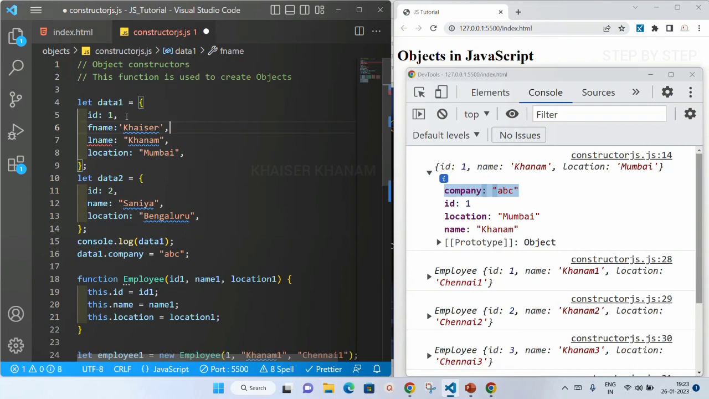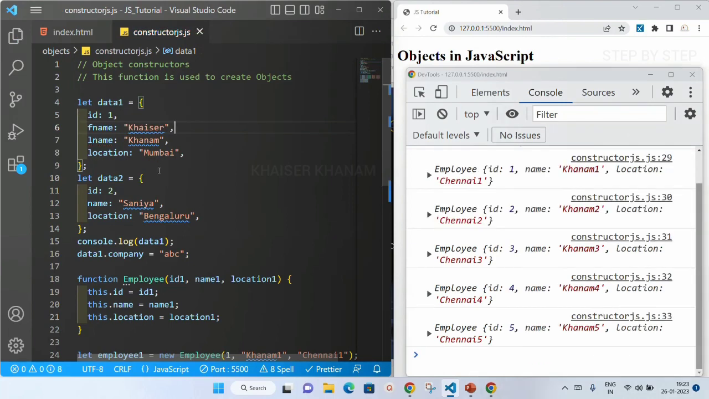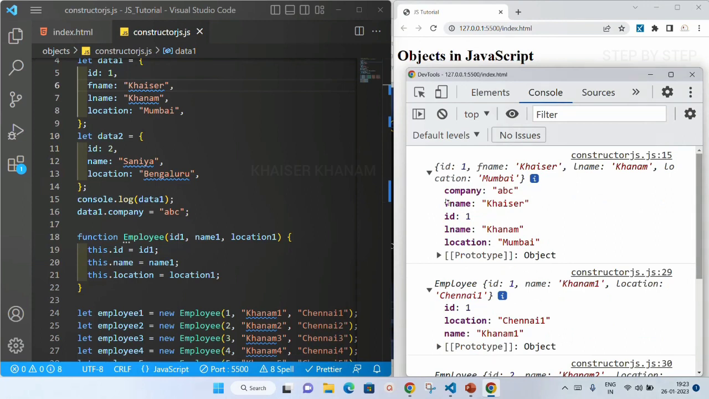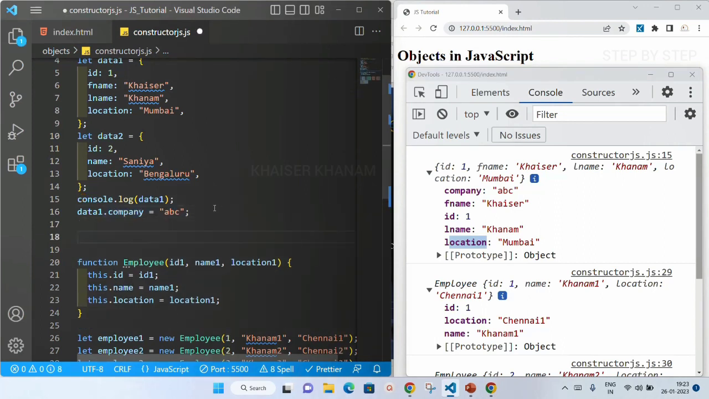I will give my name. I will save this. I am having first name, last name, ID, company and location. I have added one property called company. I can add the method as well. I will come here, data 1 dot full name